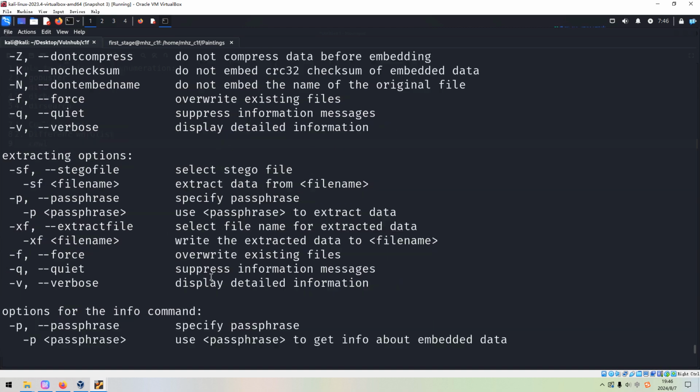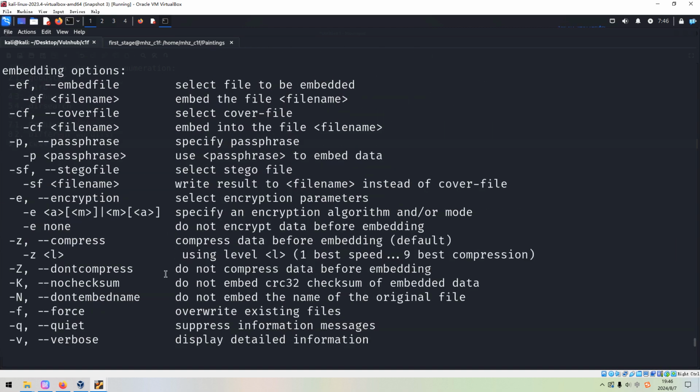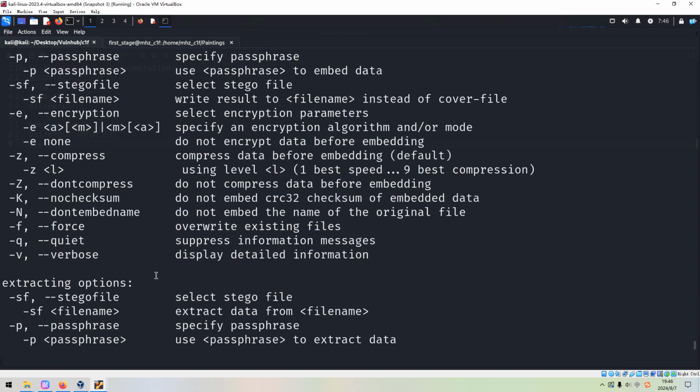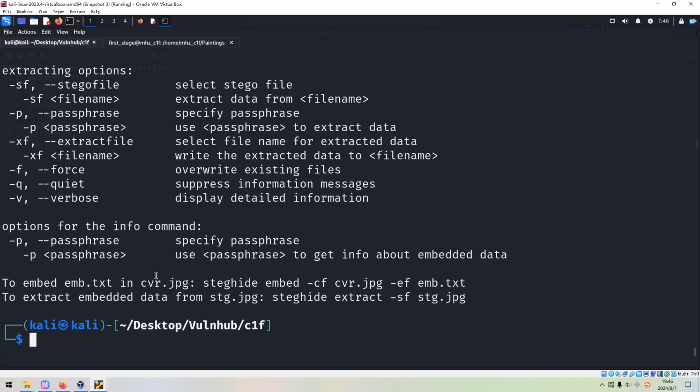You can get all available options. For example, we can use this one, and also we can cover file. But for CTF-like machines, we always use the extract option. So we can use steghide extract